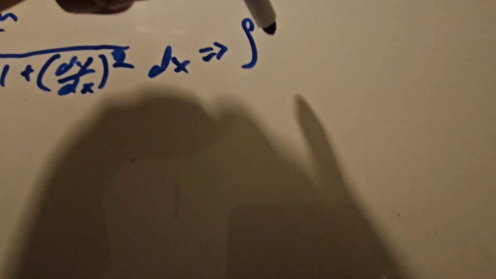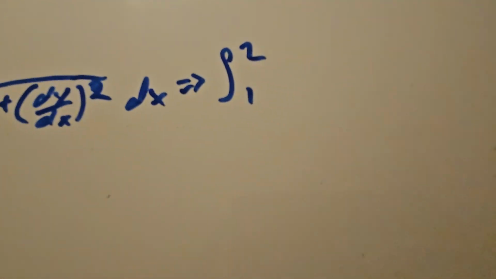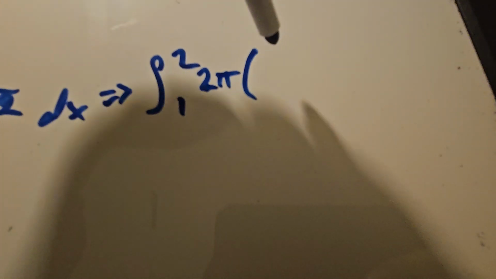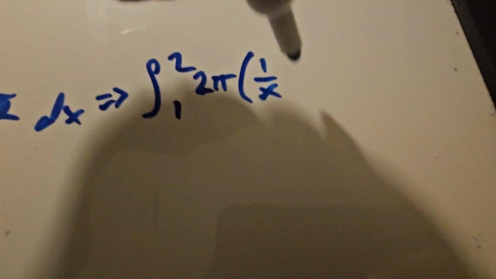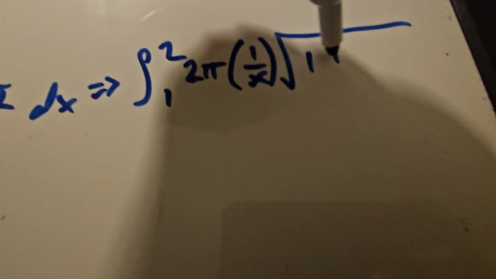So this is the integral from a to b, where a is 1 and b is 2, so from 1 to 2, of 2 pi y. What's y? y is 1 over x, times the square root of 1 plus